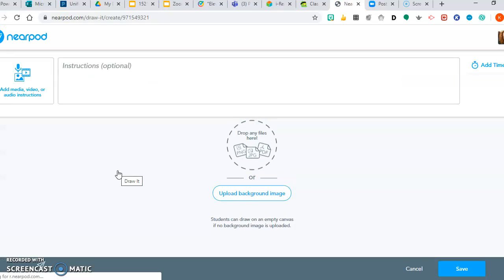The Draw It feature. When I talked about content applications, I spoke to you about how there was a PDF viewer and you were only able to view the PDF. You couldn't actually do anything with it. Well, if you want to upload a PDF into Nearpod and you want the students to actually be able to do something with it,